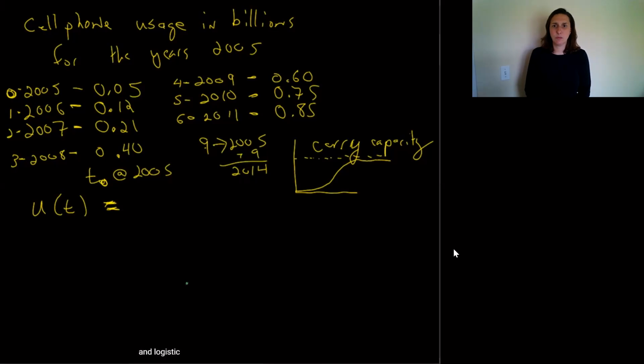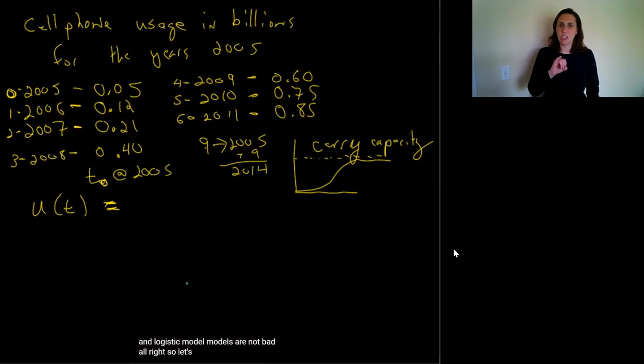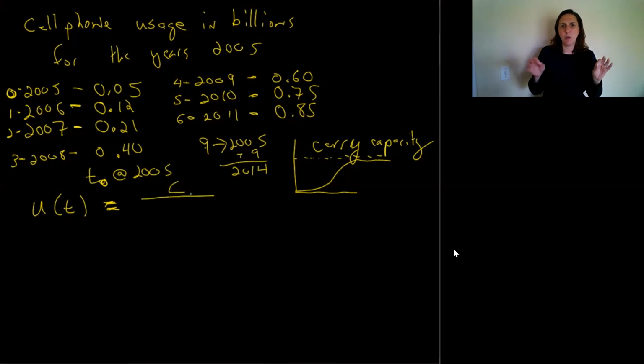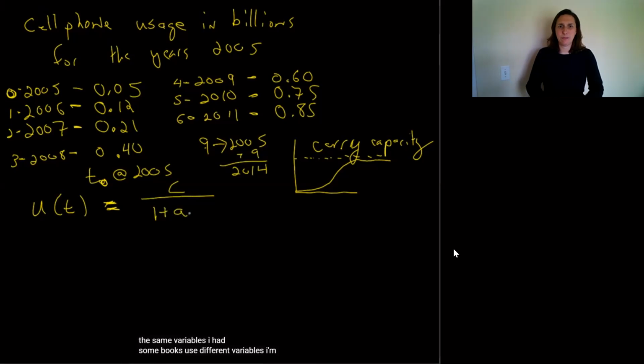And logistic models are not bad. All right, so let's look at our general logistic equation. We have the carrying capacity of the population. Let's see, your book. Yeah, your book uses the same variables I had. Some books use different variables. I'm just making sure. Are they using a negative bx? Yes. All right,